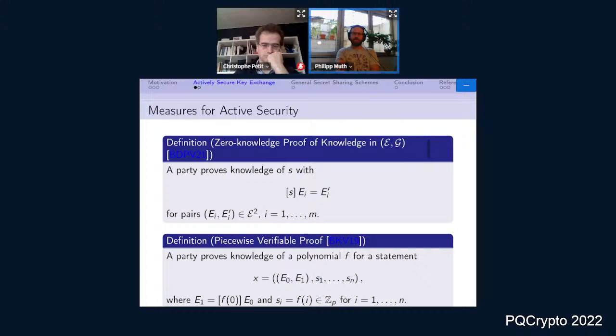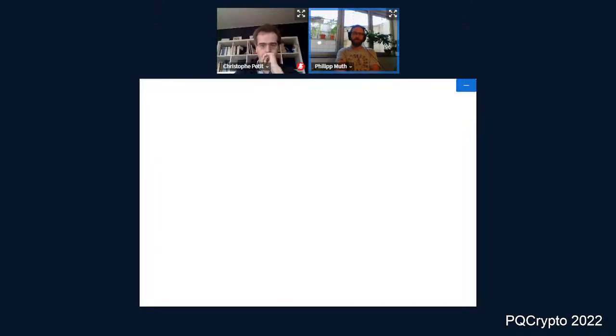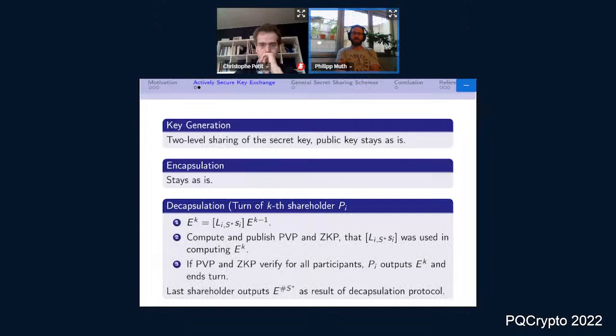As we saw before, the PVP is not directly applicable to our situation since a shareholder, P_i, does not directly apply his share S_i to the input, but a multiple of it. We thus had to amend the PVP protocol to fit our scenario. We skipped the precise modified protocols since they do not offer much insight, but directly present the resulting key exchange